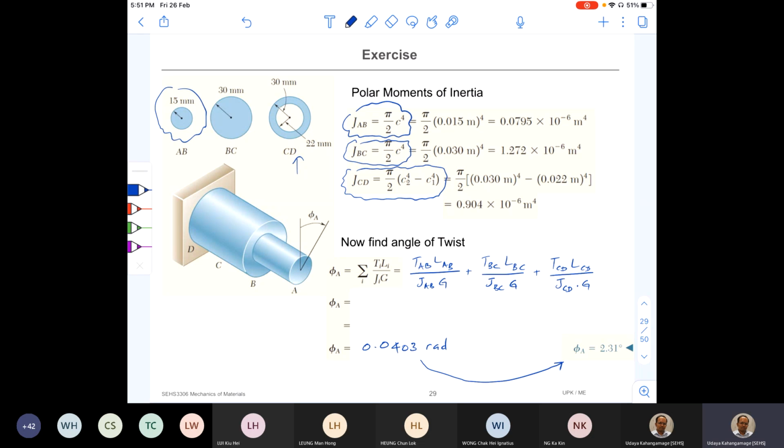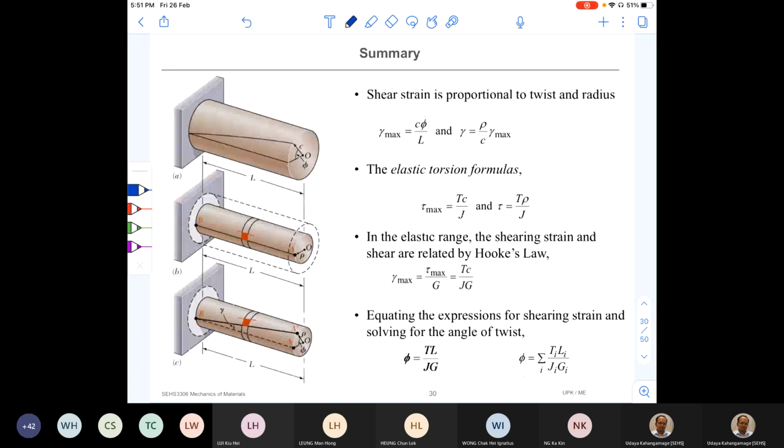Okay. So today we have learned a few new concepts to study or to analyze members subjected to twisting moments. The first thing that we learn is that once we apply a torque onto a circular member,